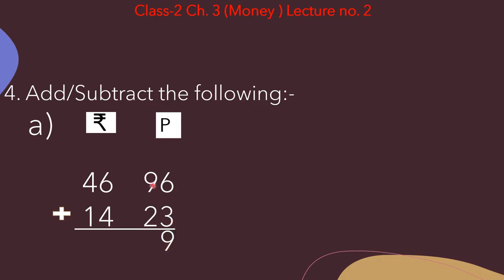Now 9, keep 9 in your mind and 2 on your fingers. Now again we have to speak forward counting. 10, 11. So here 11 is 2-digit answer. That's why we will write 1 here and 1 will be carry over in rupees column.